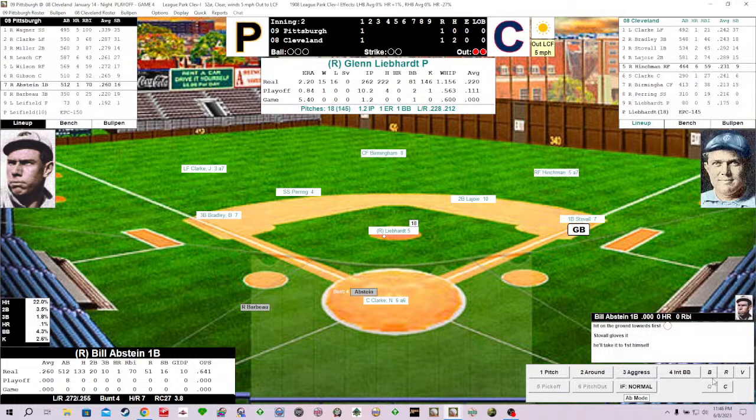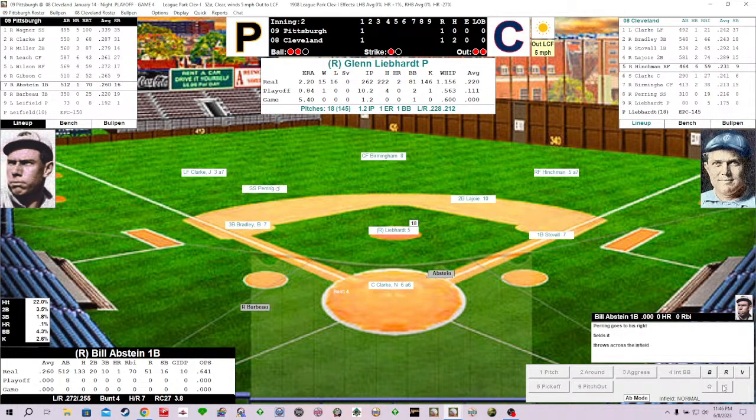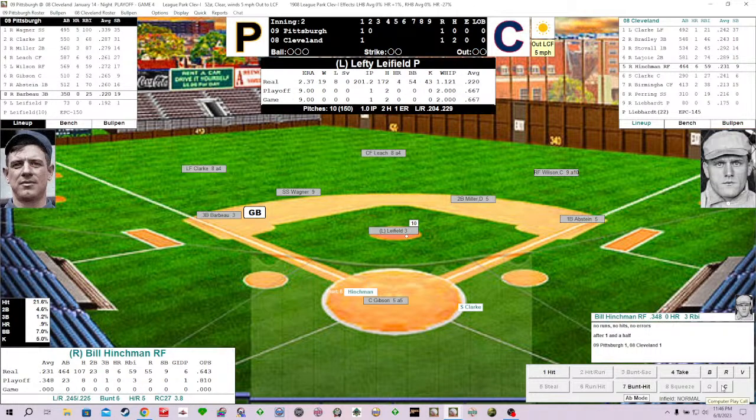So again, Mike, good to see you in here at the ballpark. Glenn Liebhart from the set deals the 2-1. Changeup, Abstein grounded deep to short. George Perring sets in plenty of time. He'll just peg it on over to first to retire the Buckaroons. So 3 up, 3 down. No runs, no hits, no errors. We go to the bottom of the second inning. We are knotted at 1 here in Cleveland.